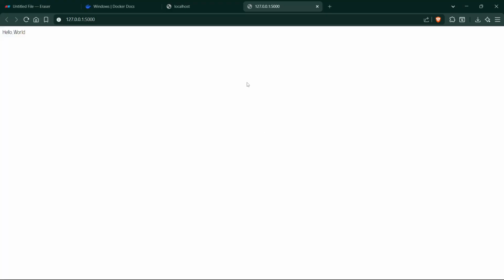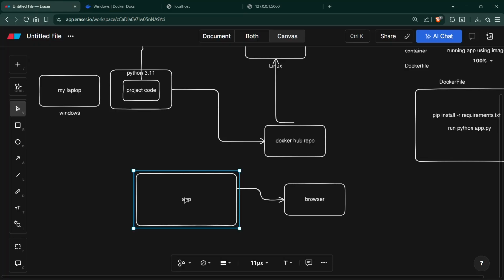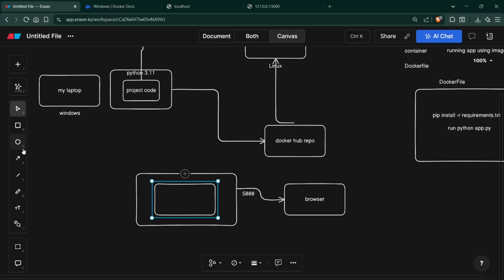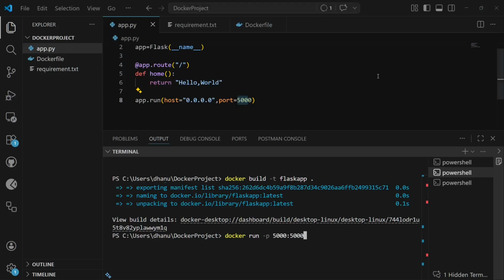So if I access this one, here, this outside port we call 5000, and inside we have, okay, this is my app running, and it will expose some port, even if it will expose 5000. You can use different values, it's left to you. So we are using the same ports, that is 5000 and 5000. So this is the port number, that is 5000.